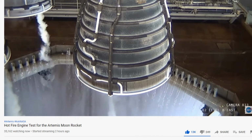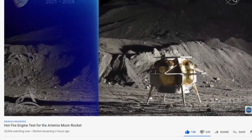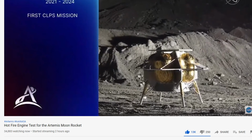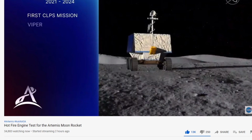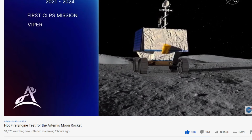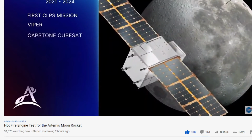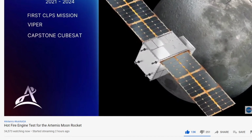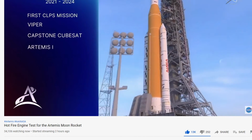This year, the first of our commercial lunar payload services, or CLIPS missions, begin with 2 companies delivering instruments to the lunar surface. The golf cart-sized Viper rover will search for water at the moon's south pole. A small CubeSat called Capstone will head to the moon, scouting the orbit to be used on later human missions. And Artemis 1 launches on an uncrewed flight to test both SLS and Orion on a journey beyond the moon